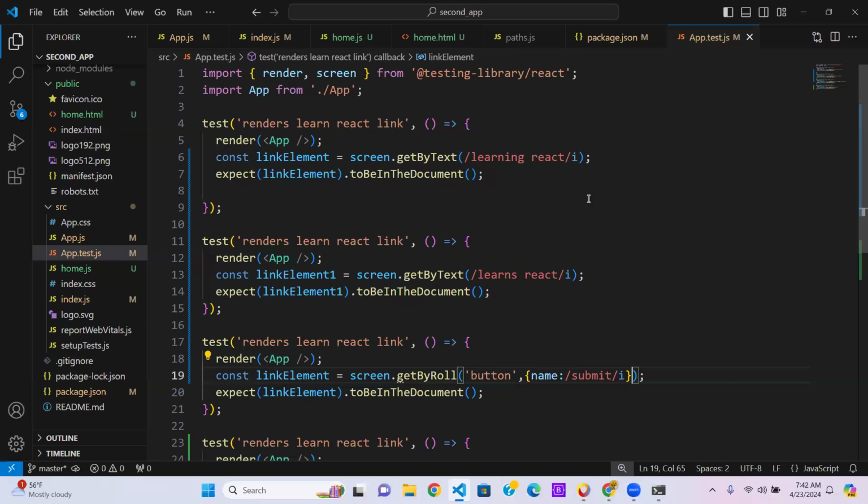Yes, so testing library React. It's not working properly. Render you have, screen also you have in this case. So when you take screen.getByRole, in such cases what we can do is